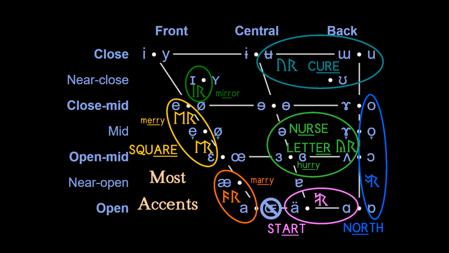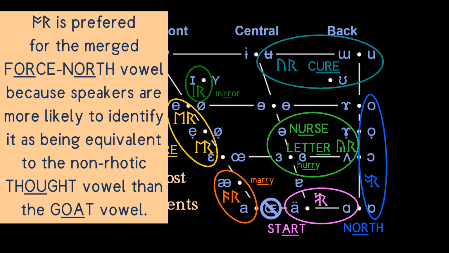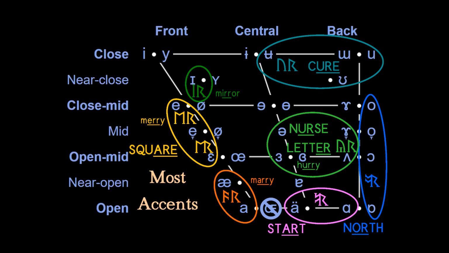As most accents don't distinguish the vowel in weir from the near vowel, nor the force vowel from the north vowel, the resulting popular rhotic vowels would be these. Note how the square vowel of the lady's name Mary is written with a bind rune, while the vowel in merry, as in Merry Christmas, is written as two separate runes. As most good runic fonts include that bind rune, this is a convention for ease of recognition. But if you can't type that bind rune, the difference is minor.